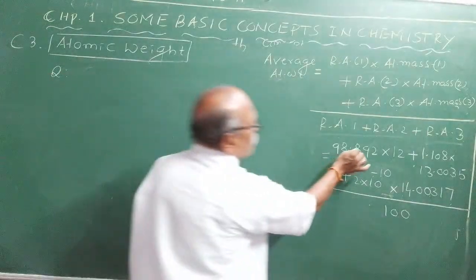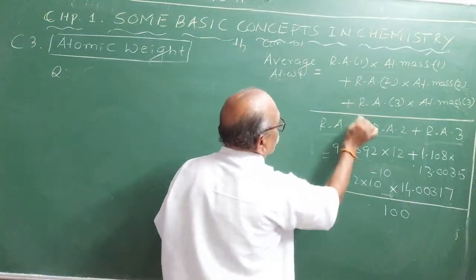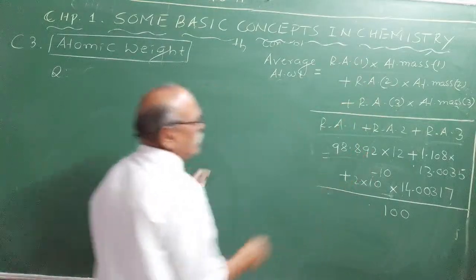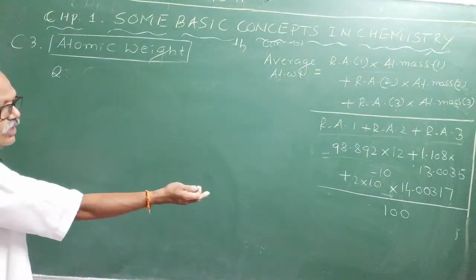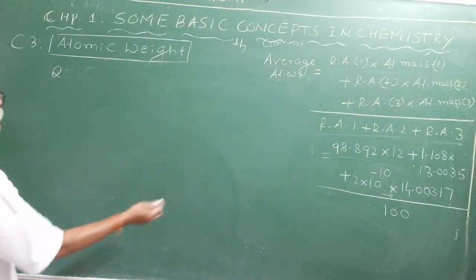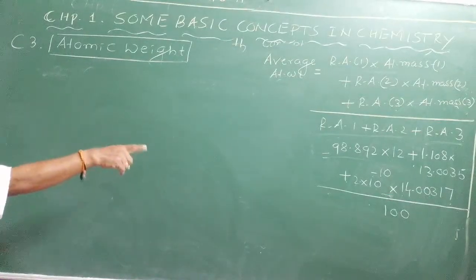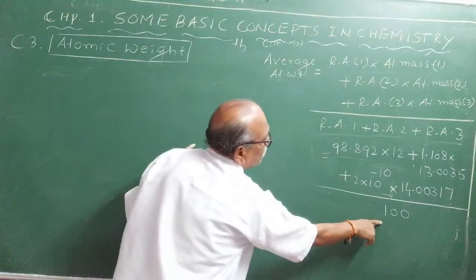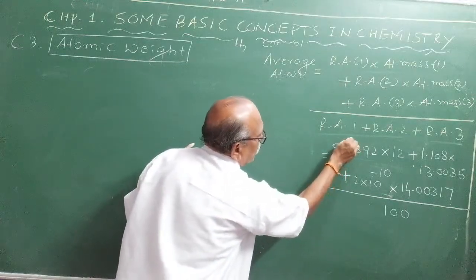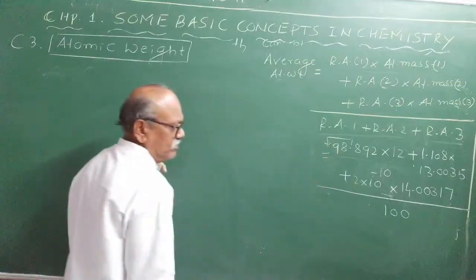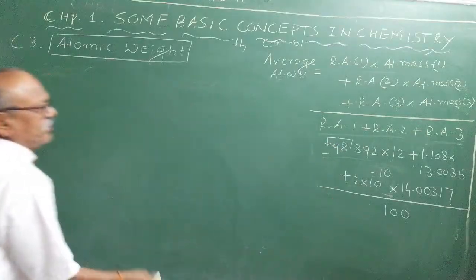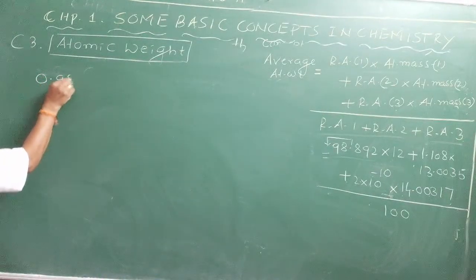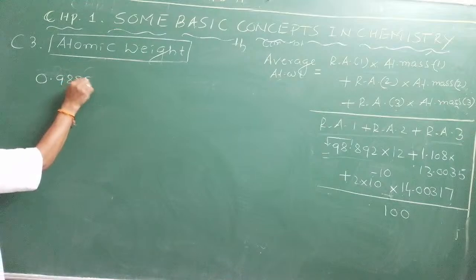Observe, each one of them can be divided by 100. First one can be divided by 100. Because the whole denominator is 100, you have to divide every term by 100. Then when you divide every term by 100, can I write it as 98.892? When divided by 100, you have to shift the decimal point 2 places to the left. Therefore, let me write it simply as 0.98892 into